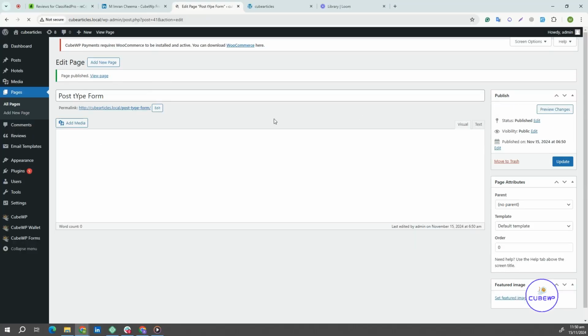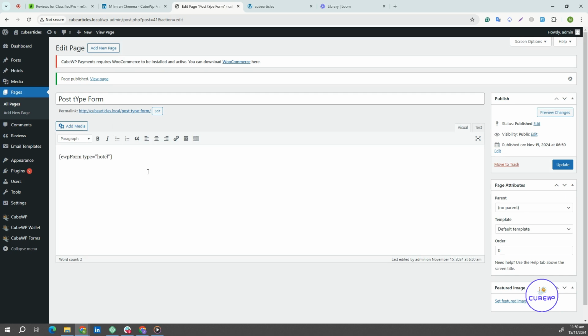And that's it. You've now successfully created a post type form using CubeWP and added it to a new page